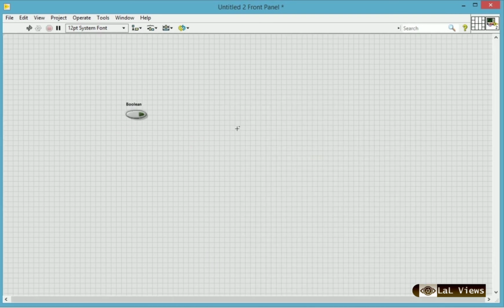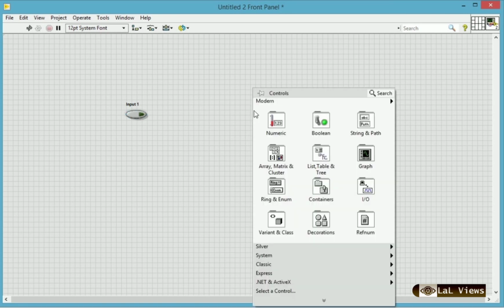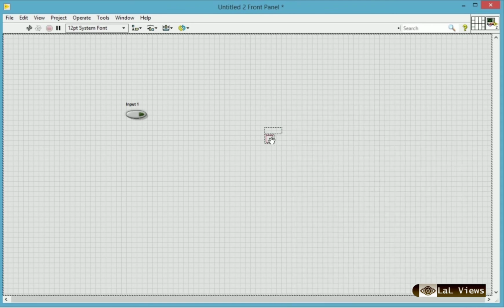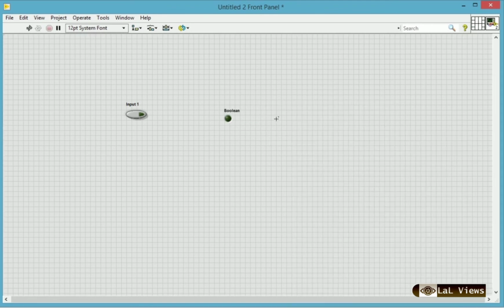So giving us input 1. Now I'm taking a round LED as Boolean indicator. I've renamed it as output 2.